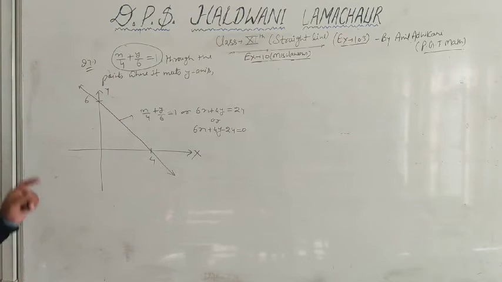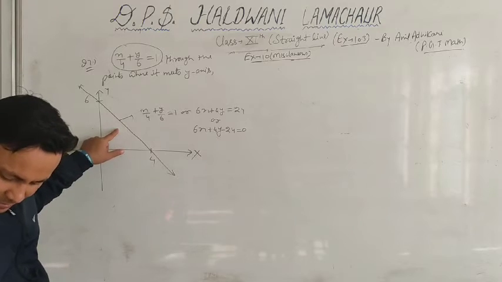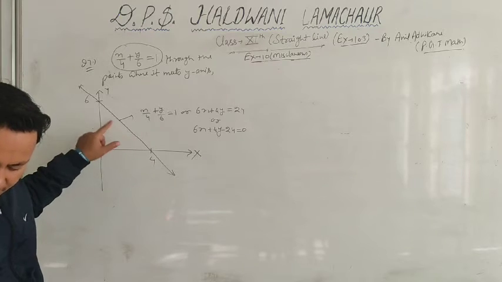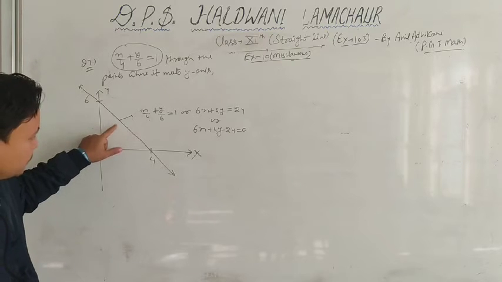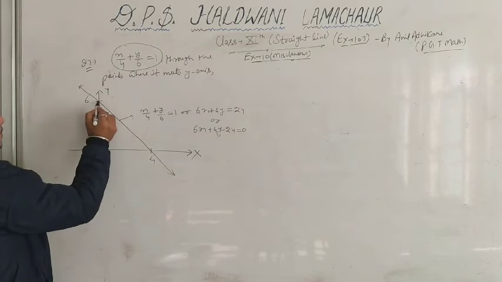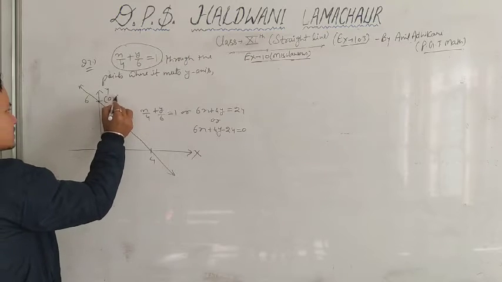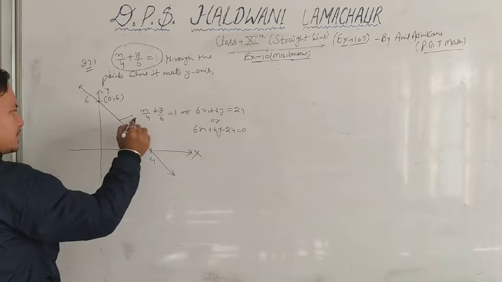Okay, find the equation of line perpendicular to this line. Find the equation of line drawn perpendicular to this line through the point where it meets the y-axis. ठीक है, जो कि इस लाइन पे परपेंडिकुलर है through the points where it meets y-axis. तो बेटा ये y-axis को कहाँ पे मिल रहा है? ये y-axis को मिल रहा है 0,6 पॉइंट पे. तो 0,6 पॉइंट से ठीक है उस लाइन पे परपेंडिकुलर डाला जा रहा है.